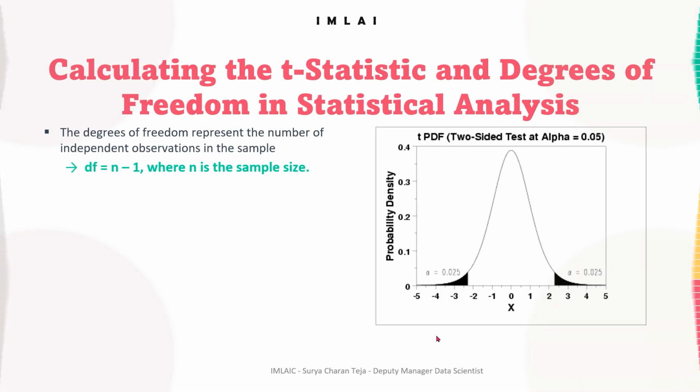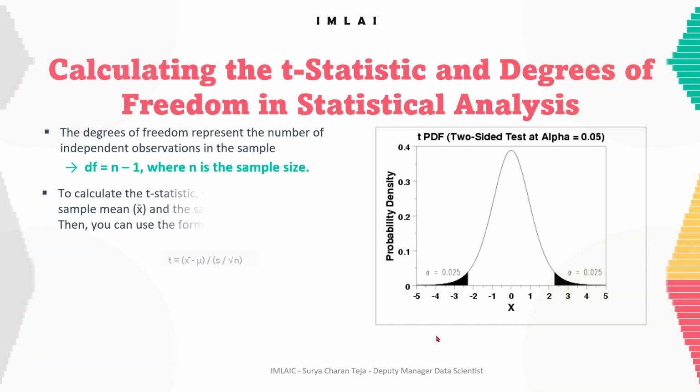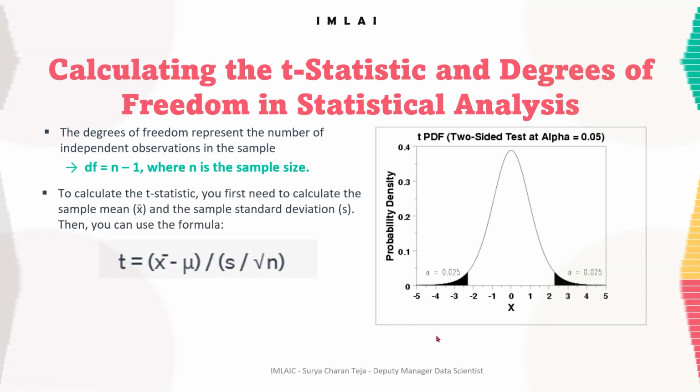So now let's get back to our work. Now let's calculate the t statistic, because I hope you're very clear about degrees of freedom. To calculate the t statistic, you first need to calculate the sample mean, x bar, and the sample standard deviation, s. Then we can use this formula. t is equal to